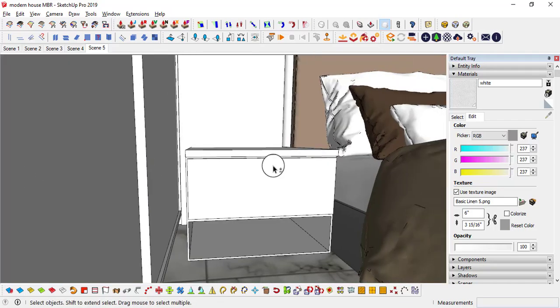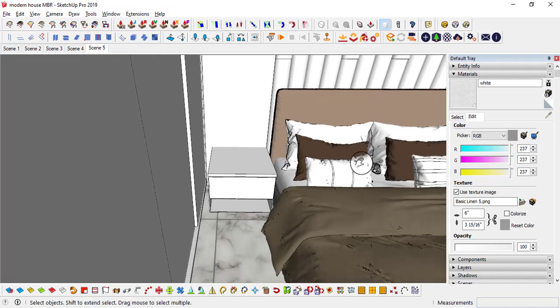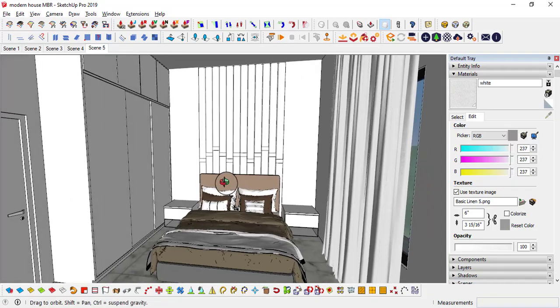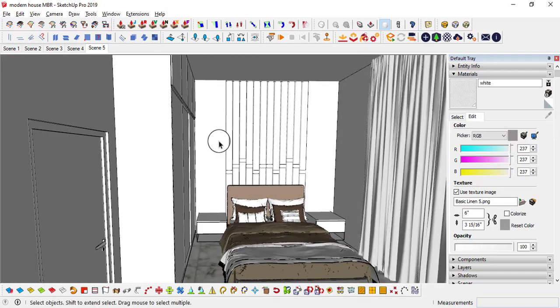This is going to be my side table. On top we can make some decoratives, and next what we are going to do, we will apply materials one by one. So I will start with these panels.